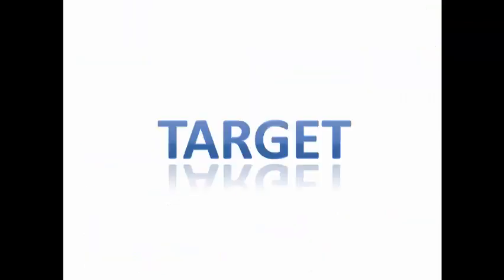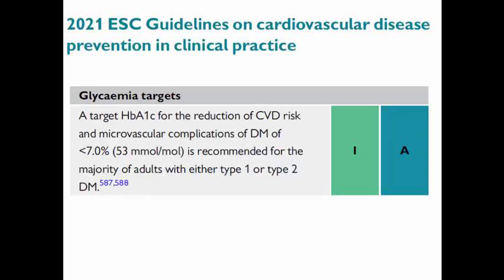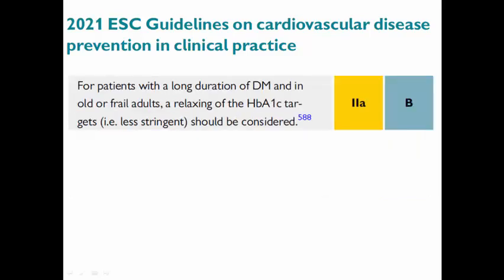In order to decide the appropriate treatment for the patient, we need to know what is the glycemic target that we need to reach in a diabetic patient. 2021 is nearly the same, so it uses a target hemoglobin A1C less than 7% in patients with type 1 or type 2 diabetes. In elderly or frail or those with multiple comorbidities, we may have less stringent hemoglobin A1C,